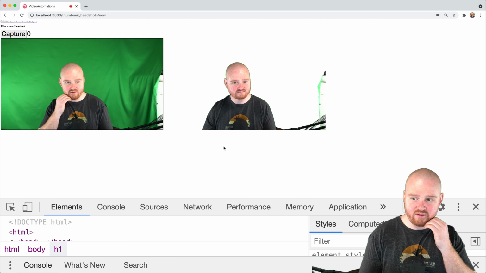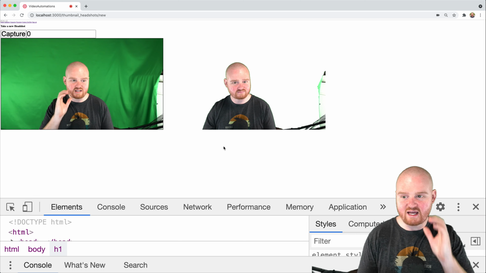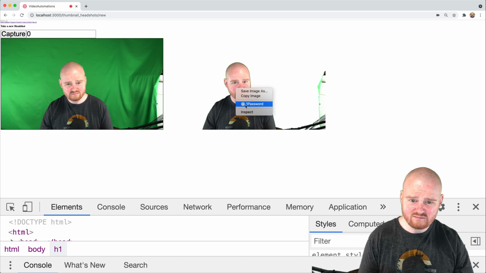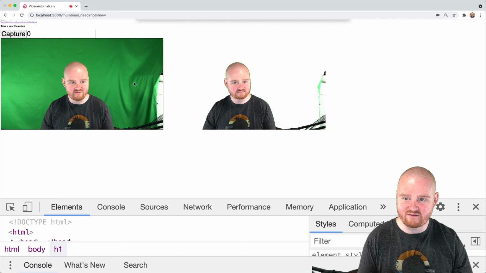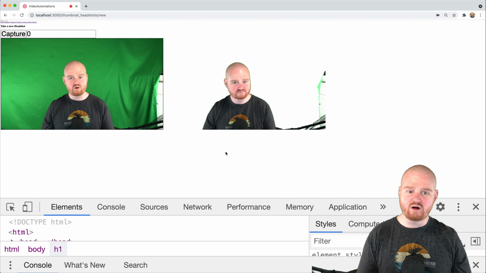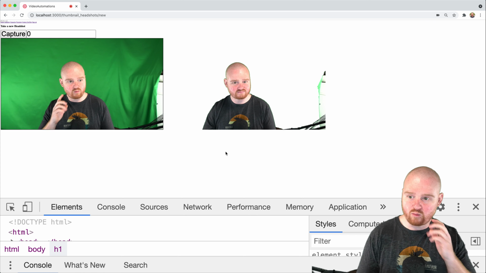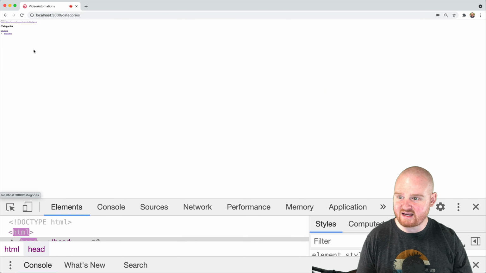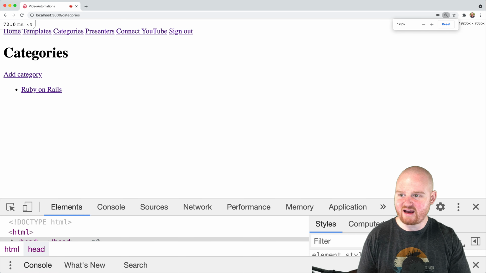The other thing that we could do is, when we're taking the photos for the thumbnail, oh, also you can just say save image, and that'll download it as whatever PNG that you want for your thumbnail. So one thing that we did for our thumbnails, if you recall, and we go back to categories, so categories,